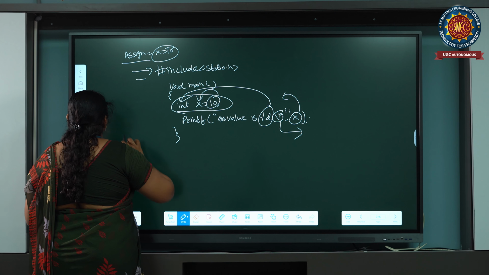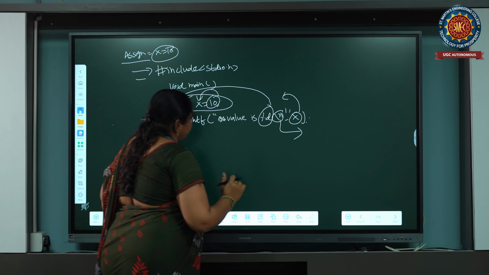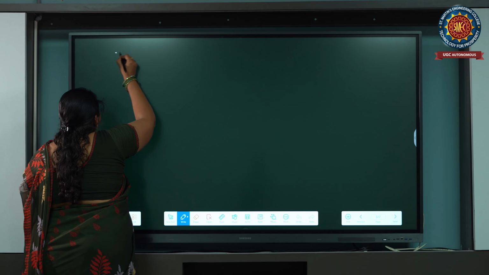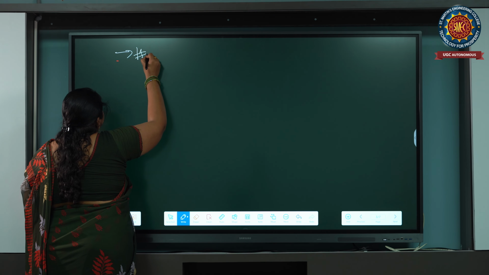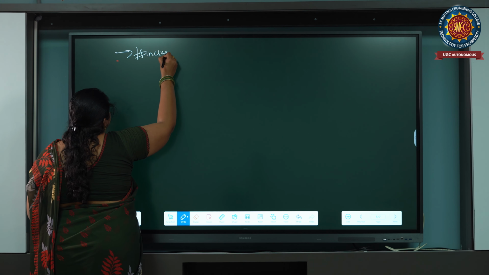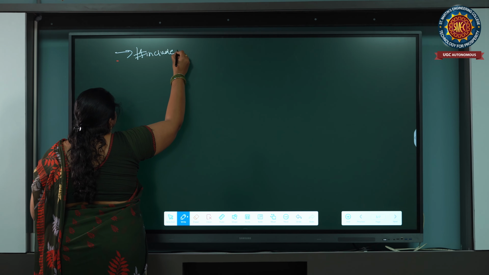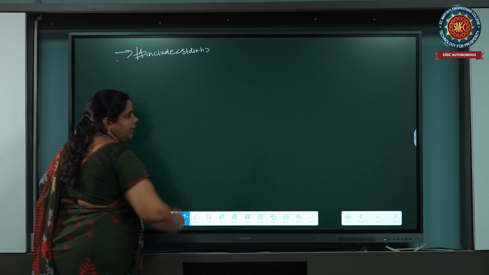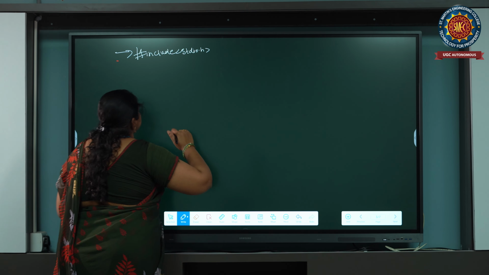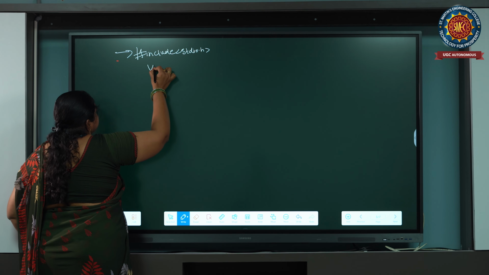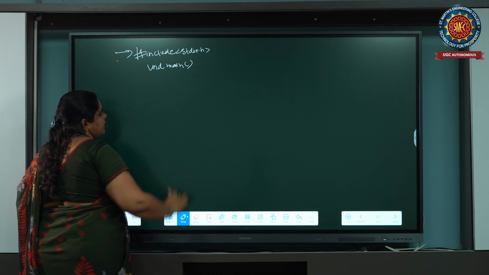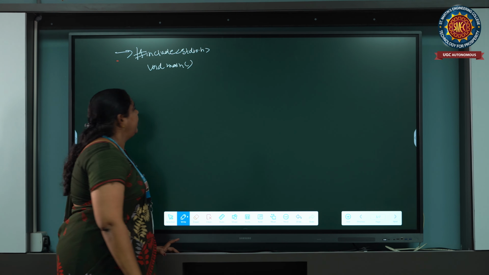So this is another program. I want to display, for example, stdio.h, which stands for standard input and output, and next include.